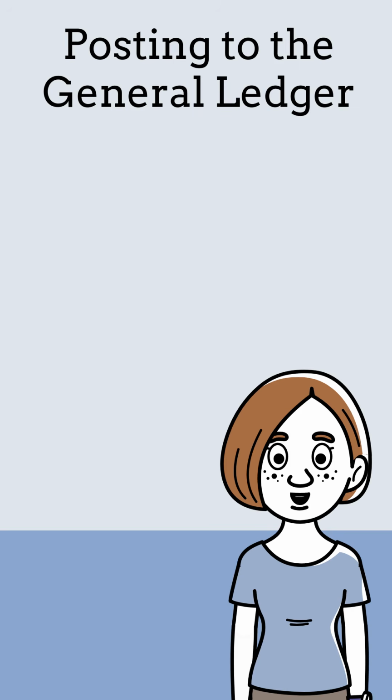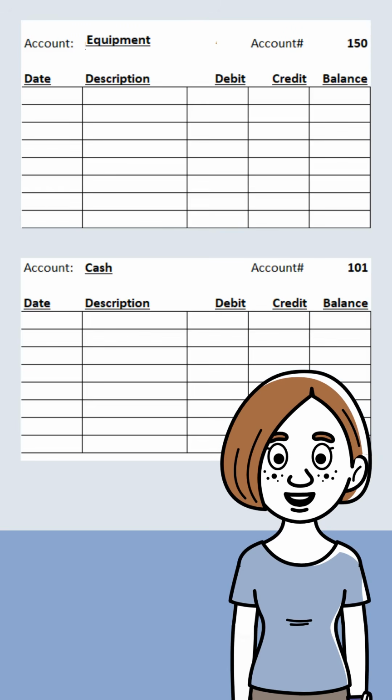The posting process is automated in most companies which use accounting software. What you are learning here is the manual process so that you know what the accounting software is supposed to be doing. We find the two general ledger accounts we need to post to, equipment and cash. Next, we start with the equipment account and write the date of January 2nd into the date column. Then, we write the journal ID into the description column. In many accounting systems, the accountant can click on the journal ID and pull up the entire general journal if they want to review it again and see the supporting documentation.